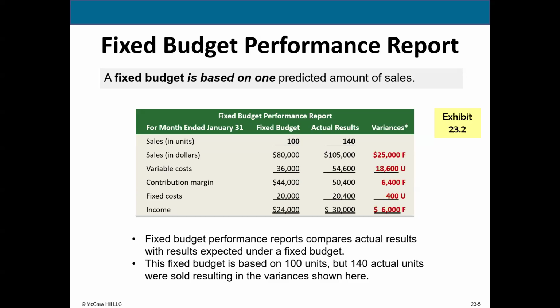Great. But as you know, when we sell more, we incur more expense, right? Because the higher the level of activity, the higher our variable expenses are. So the variable expenses, that's not so good because they're higher than what we had budgeted for. So here we see variable expenses or variable costs, 54,600. We only planned on 36,000. So that's unfavorable when your expenses are greater than what we budgeted for.